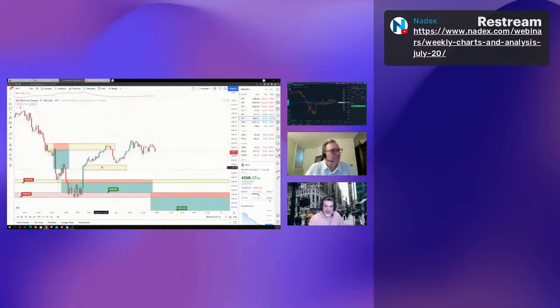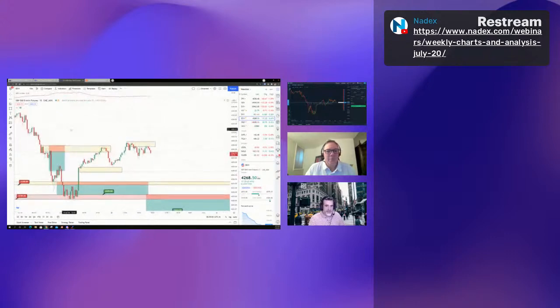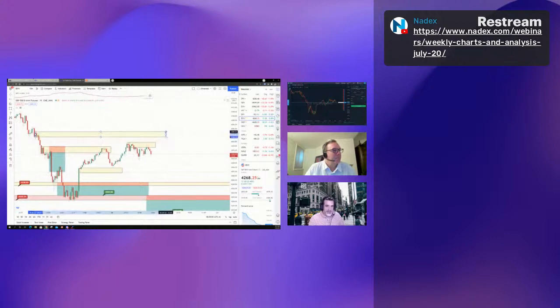Right now, if we move everything forward, though, I'll just take a new one, actually, right here. This is kind of what we're looking at right now. Although everything is green, you can see that we had sellers stepping in above here. Now, it did break through. I would probably watch out for this area up top a little bit because you can see there's a couple of impulse correction moves on the way down. I would say right now, the way that it's setting up, it looks like it's going to be pushing back to the downside. Thus far, there's not a ton of buyers down here until we get back all the way down